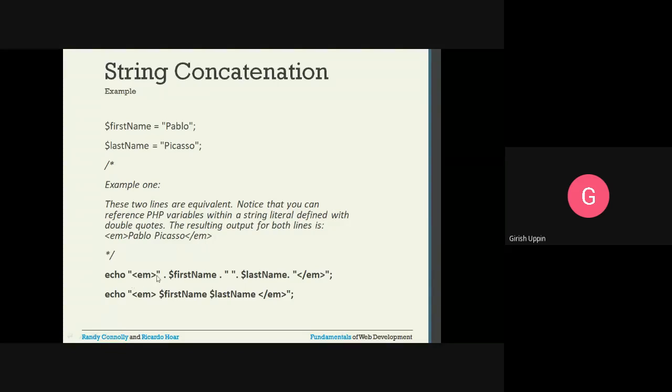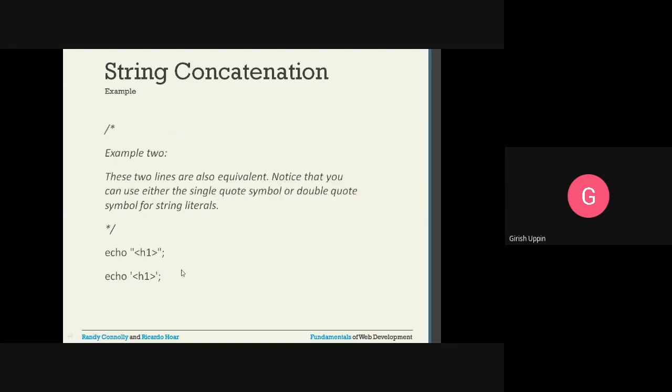And this same thing can be done like this. We see echo inside the two double quotes. I have this em emphasis HTML element, beginning, first name, space, last name, and ending closing em element. So this is the one important thing you have to notice. In many languages, whenever you have anything inside the string, so you can see these two variables are inside these two double quotes, still these two values will be evaluated. So this will be evaluated as em, this is replaced with the value Pablo Picasso and closing em element.